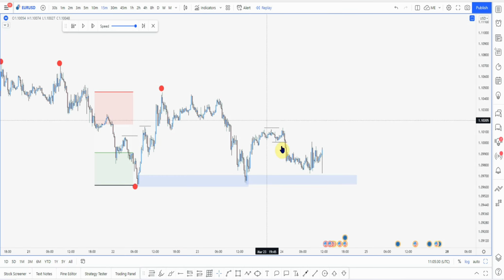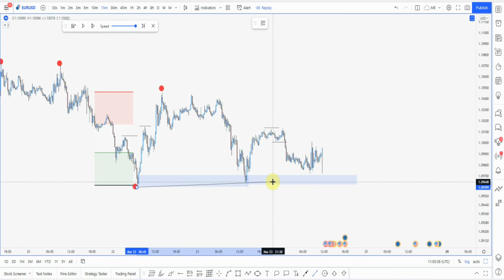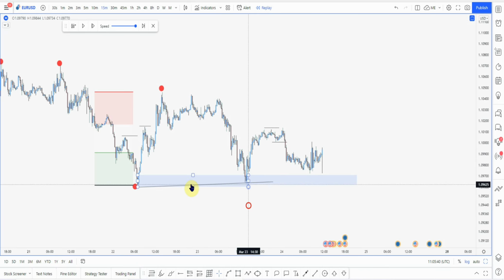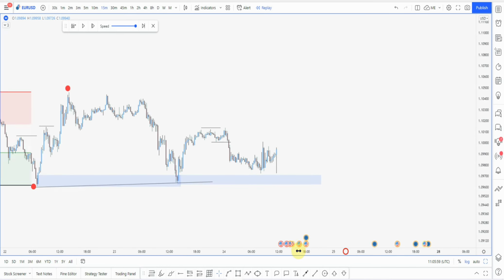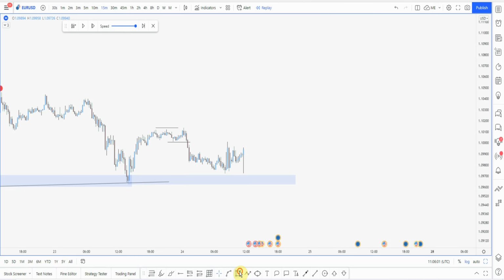Okay, the market broke structure, and this is also, in my opinion, I was thinking the market may run this order flow. Okay, this last sell to buy candle broke structure to the upside, the market came back, and I'm looking for sells in this region. This region was my point of interest last time.